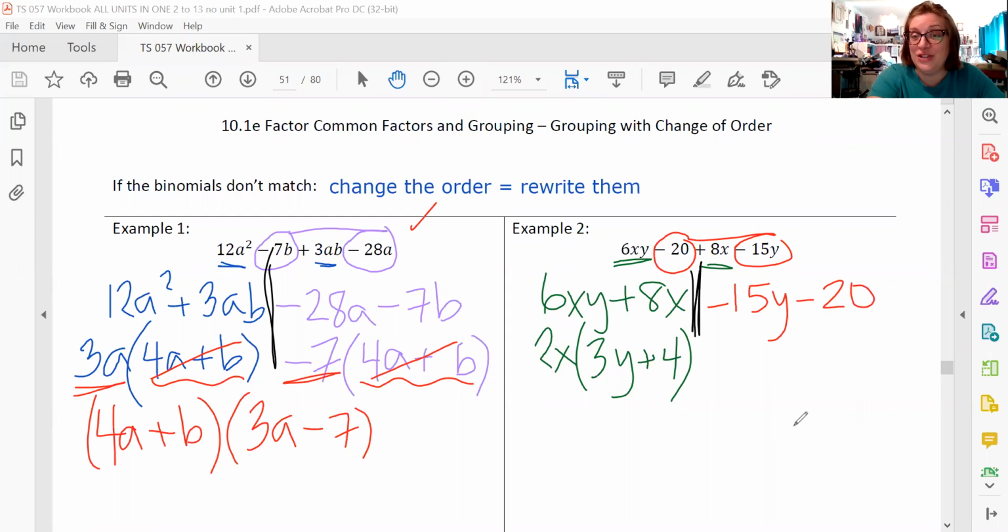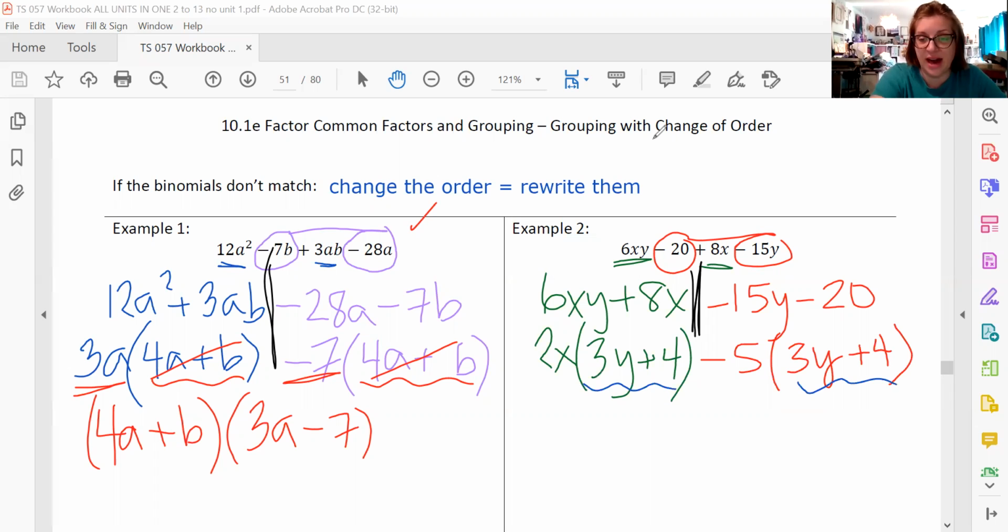Now I'm going to go over and do the second group of binomials. I have -15 and -20. I know I can pull a -5 out of both of those. Again, I'm going to do the negative because then everything inside my parentheses is going to be nice and neat and positive. -15 divided by -5 is 3. And the y we didn't do anything with, so he just comes straight down. -20 divided by -5 is going to be +4. And so again, because we took that negative out,